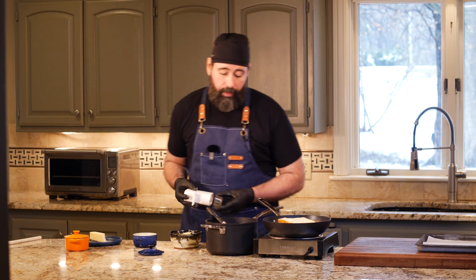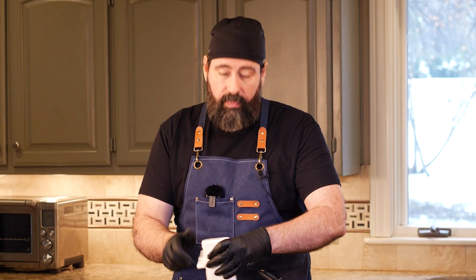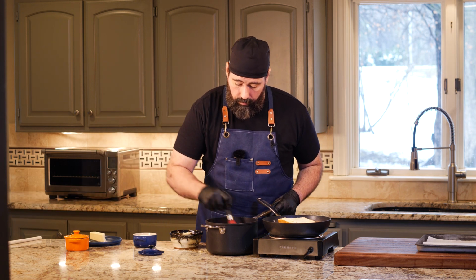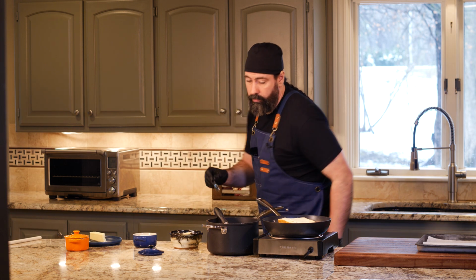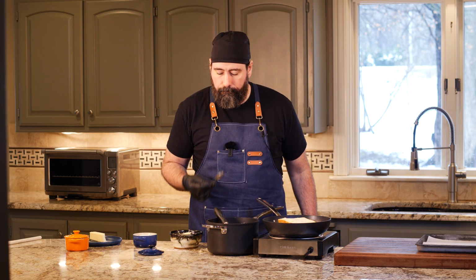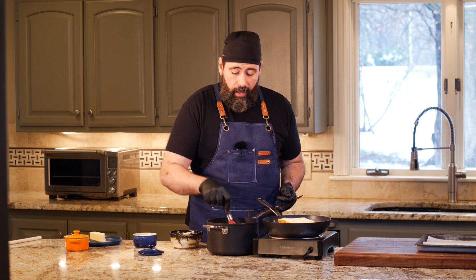I am going to crack black pepper in here, which is probably breaking some rule. That's okay. It's my sandwich, and I get to do what I want. Now I'm going to try it again. That's perfect. All right, we're going to put this on the side, and we're going to wait for our sandwich